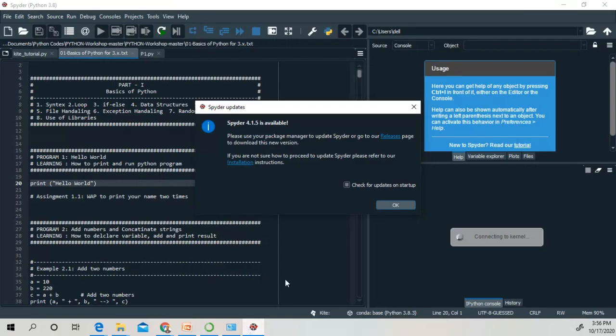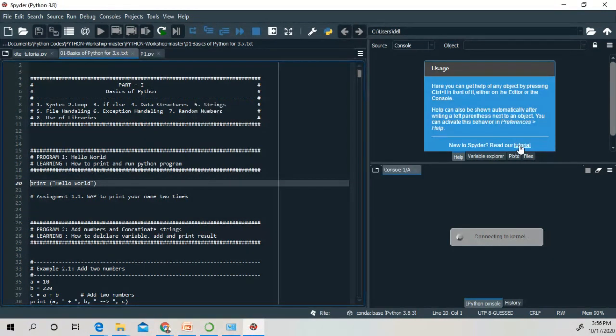So this is the Spyder window. I had opened this Spyder window earlier. Now it is open. This Spyder window has different windows.